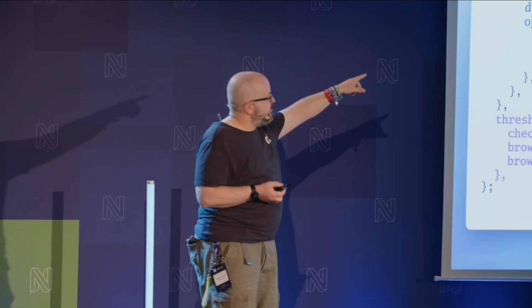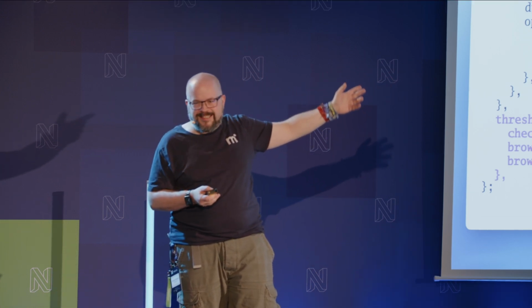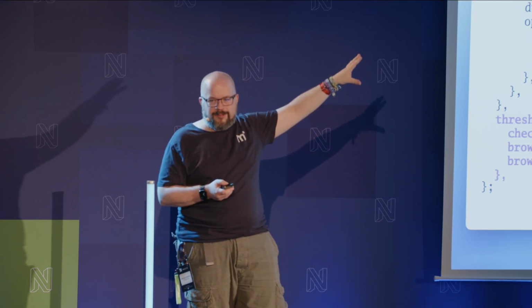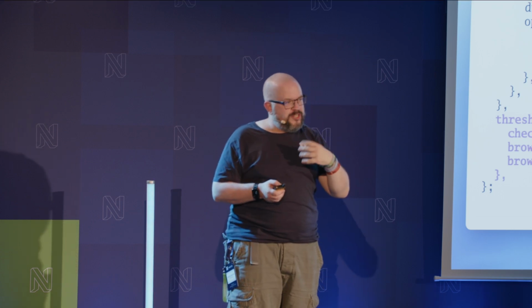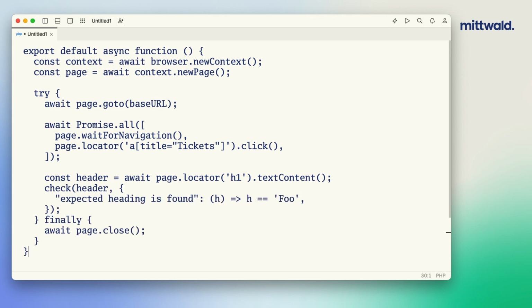Obviously, this thing is going to start 20 Chrome instances, so mind your memory if you're doing that. And obviously, you're not going to do a load test with tens of thousands of parallel users. We'll get to how to achieve that in a second. The test case, in that case, would look like this. So the actual virtual user function. That API is designed to be compatible with Playwright. So if you're familiar with Playwright, this might also look familiar to you.